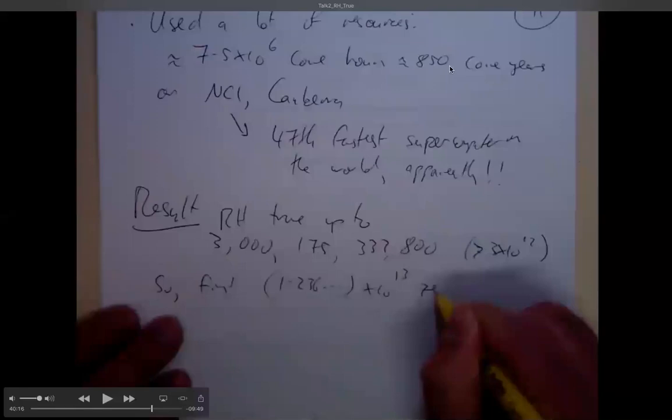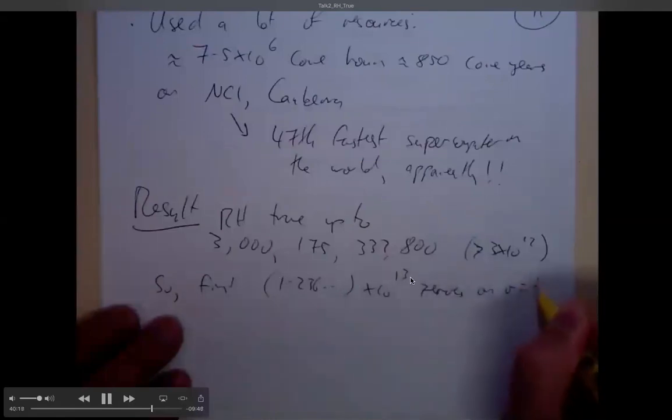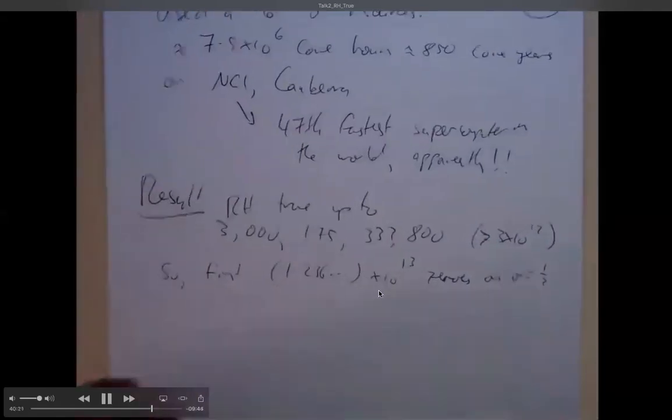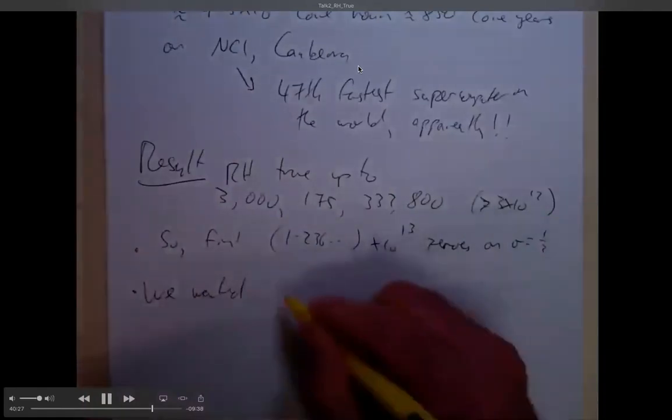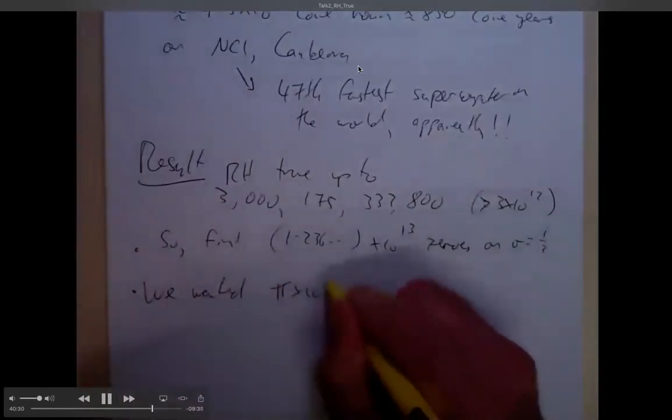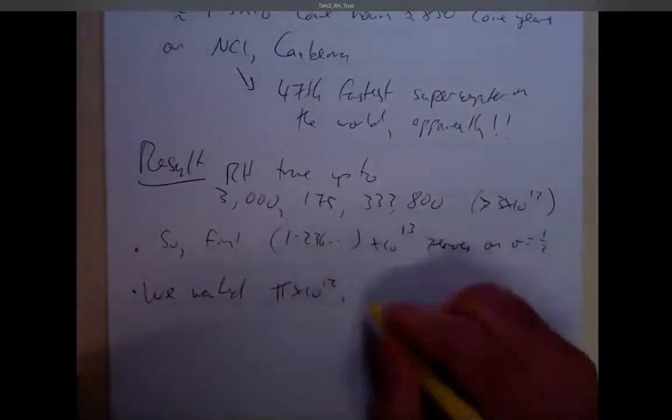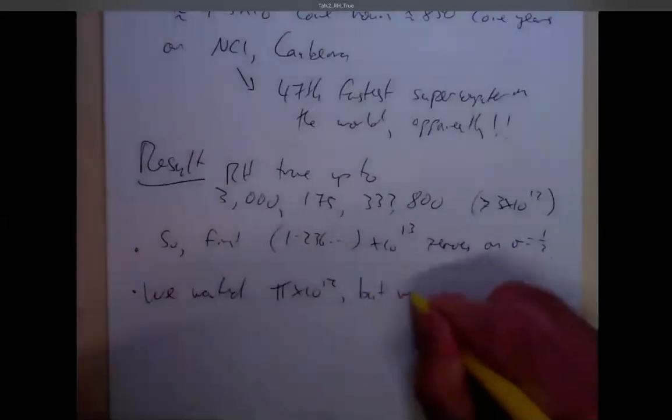So we used an awful lot of time on there, much more than what Dave used in his thesis. And the end result is this. You don't have to read that number off exactly. I'll just tell you it's 3 times 10 to the 12, a little bit bigger. And another number that is quotable, I suppose, is that the first 10 to the 13 zeros, or 1.236 times 10 to the 13 zeros, lie on the critical line. So the main takeaway is that we used a combination of approaches; there are some theoretical aspects, some analytic number theory aspects, which we could use as well, and we did, but I'm not going to talk about them now.